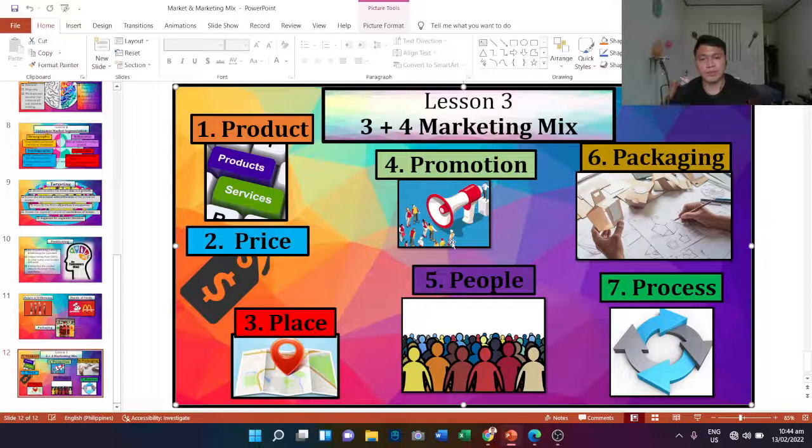Those are the people that we're talking about: the designers of the commercial, the designers of the packaging, the designers of your product, the one who will make the promotion video, the salesperson, the person that's going to talk about your product to the customers in order for them to buy it, the persons that will create those relationships with the customers so that you will have a long relationship with them.